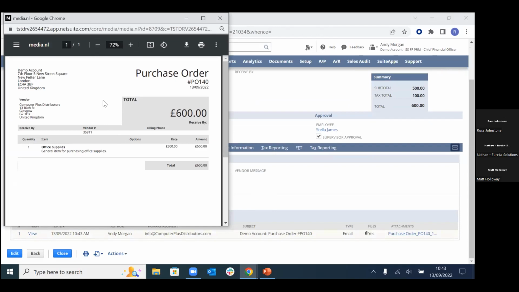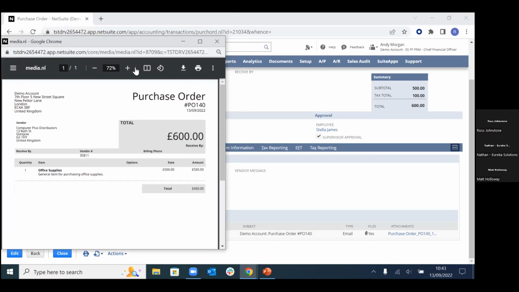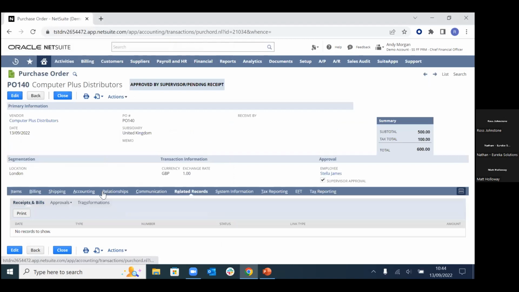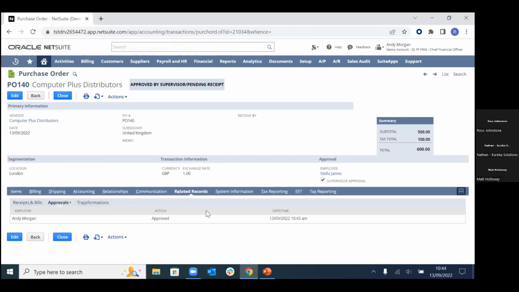Now, of course, these forms would be customized to your own business branding, so make sure that you've got the logo and you've got the PO in the format that you require. This is just an example of how it could look. Now you see here as well that we have got the full audit trail. So in terms of approvals,